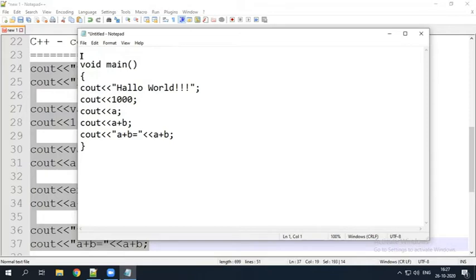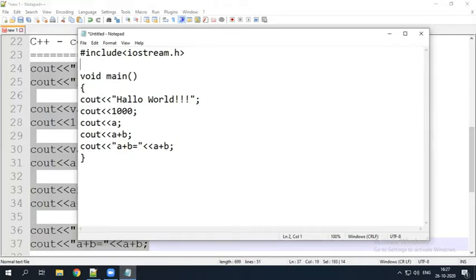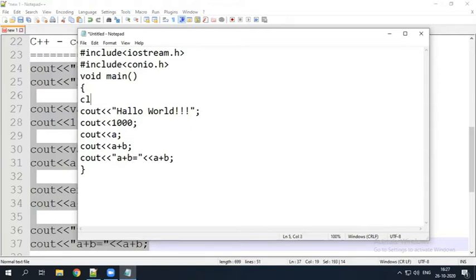Here also we must include the header files. Here we use iostream instead of stdio.h. And one more header file, conio.h, which has clrscr and getch. For our output convenience, I am using clrscr and getch.